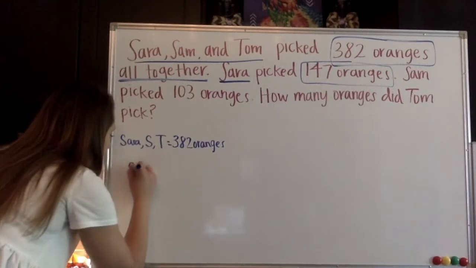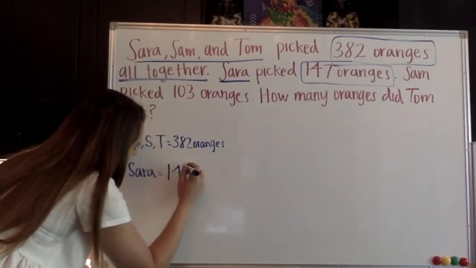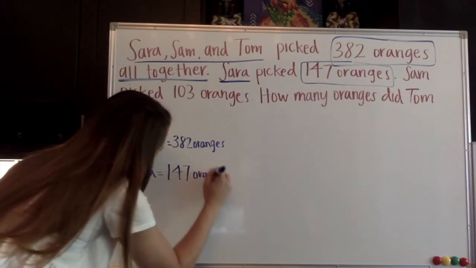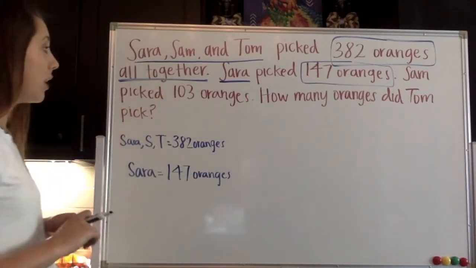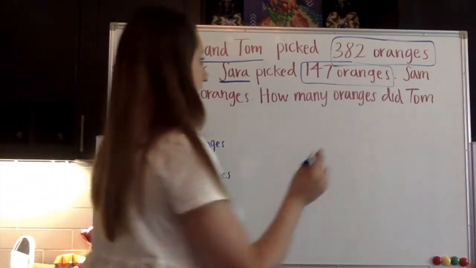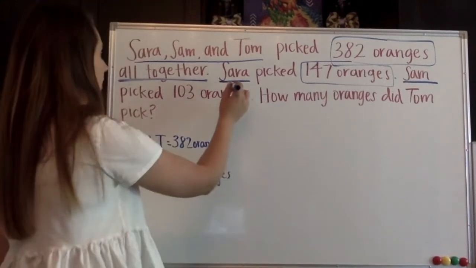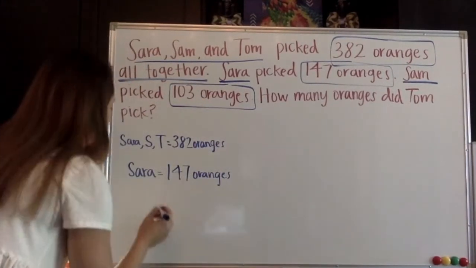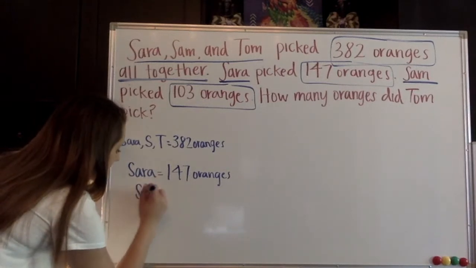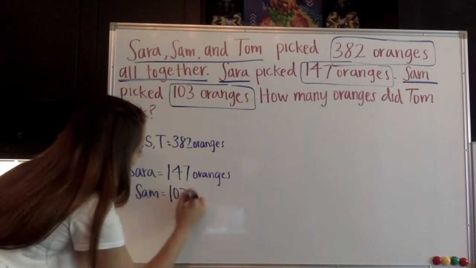So Sarah is 147 oranges. Sam picked 103 oranges. Sam, and then 103 oranges is important. So I put Sam down for S. Sam is 103